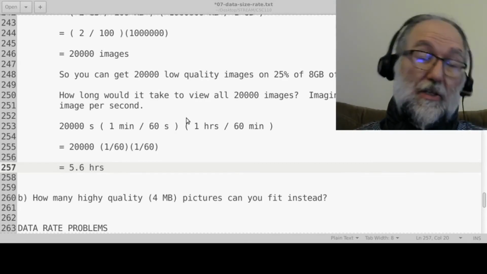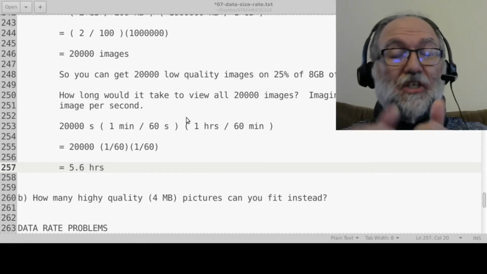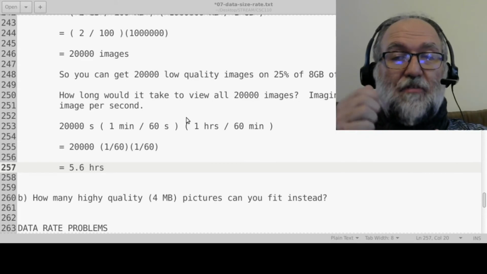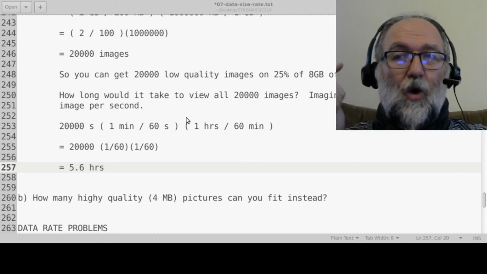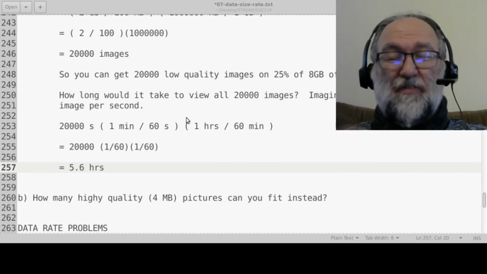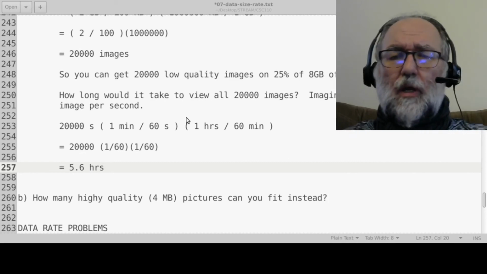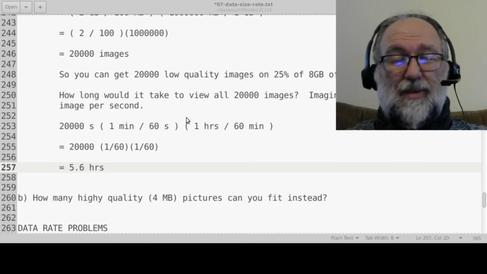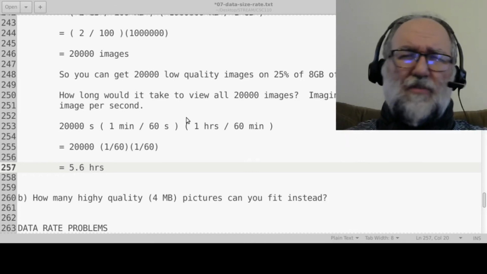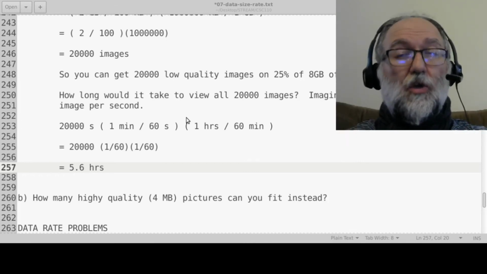It's doable, but you wouldn't want to do it. Imagine viewing one image after another, click, click, click, once a second. You'd have to go for over 5.5 hours before you'd watch them all. Okay, so your phone, even if it's an old phone with 8 gigabyte storage, and if it's only 1/4 free, you could view a lot of web pages before you start to